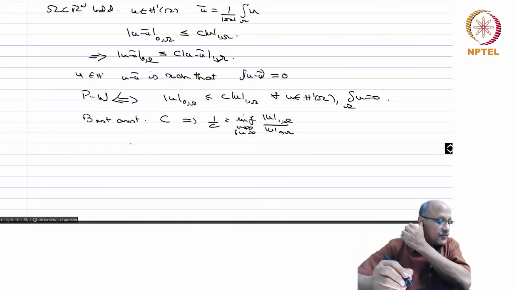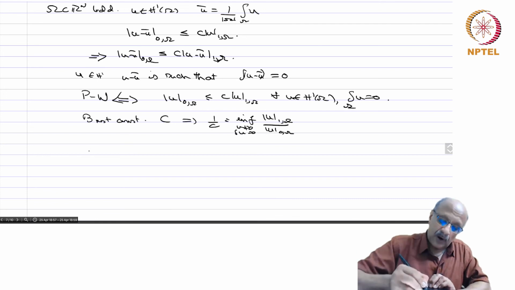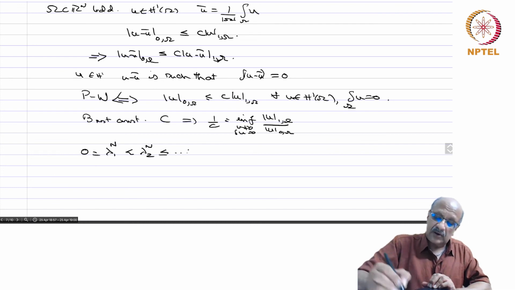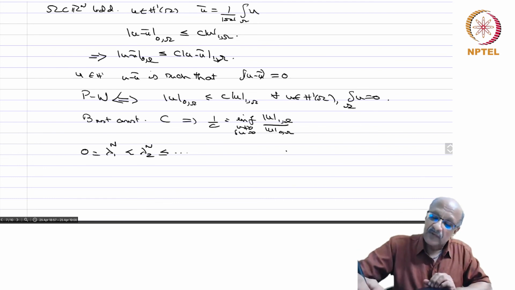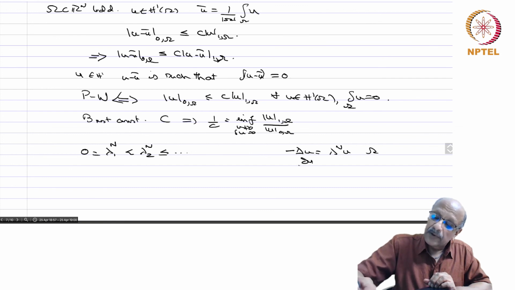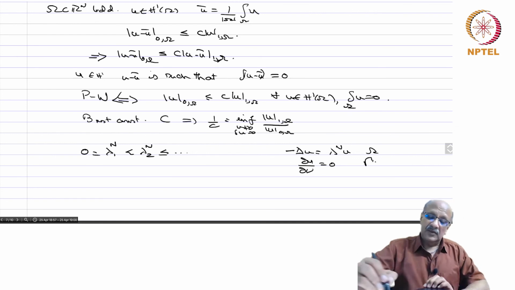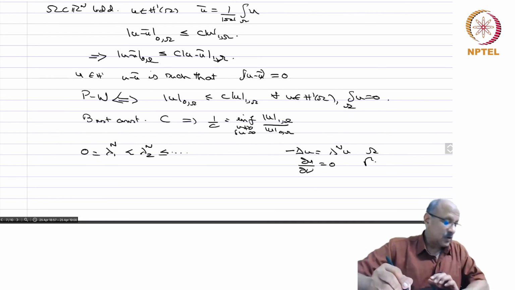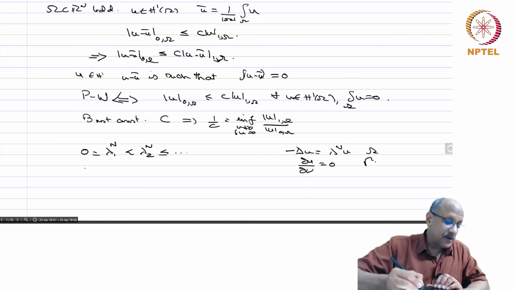But then if you look at the Neumann problem, so you have 0 equals lambda_1^N, which is less than or equal to lambda_2^N less than or equal to etc. So these are the Neumann eigenvalues. So minus Laplacian u equals lambda_n u in Omega, du by d nu equal to 0 on Gamma. Okay, so these are the Neumann eigenvalues which we saw, and as I told you, you can do the